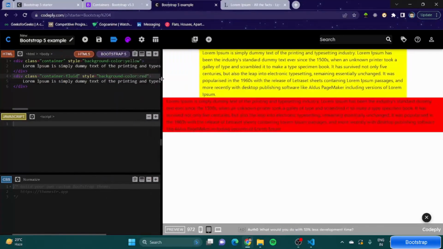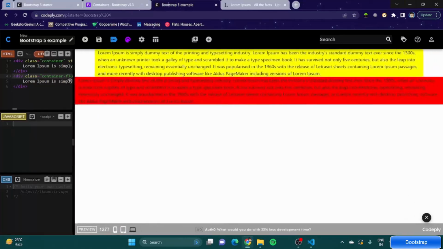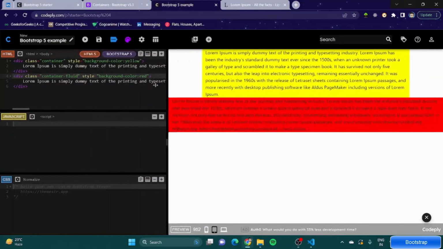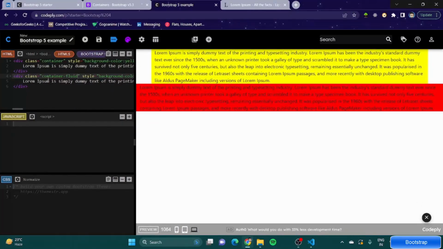The upper one just changes statically, like suppose its breakpoint is 1590 px, so just after 1590 px it changes the layout, whereas this one looks nice. I mean, it looks more dynamic. Okay, you can see that. Yeah, so you can see that the lower one, the container fluid, looks better, more seemingly